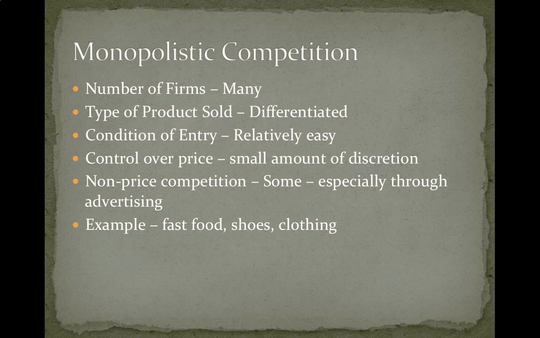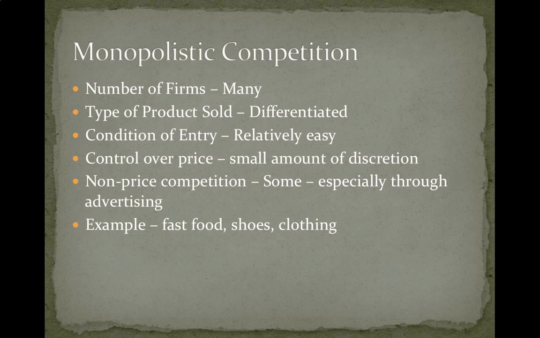And the monopoly power comes in the name brand. If you sell Levi's, you have monopoly power over Levi's. If you sell Calvin Klein, you have monopoly power over Calvin Klein. Lucky Jeans, you have monopoly power. Hollister, Abercrombie. No one else can sell your brand. You have monopoly power over the brand, but you don't have monopoly power over the product. So you differentiate and you put seagulls on your shirts or your jeans, and you're able to ask for a higher price. And that's where the non-price competition comes in.